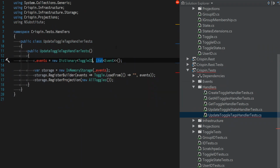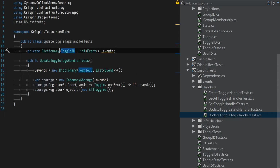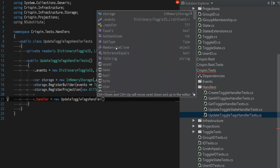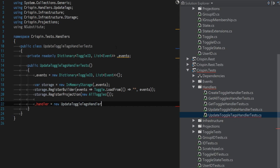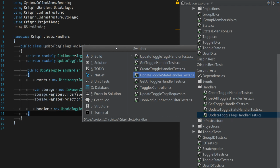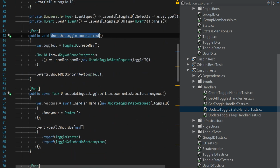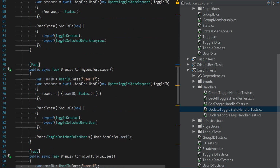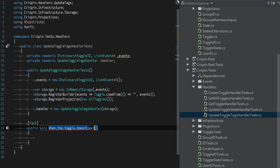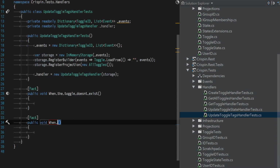Right, that's an event, that's a list, that's a field, that is read-only. Right, and then we have the actual handler, UpdateToggleTagsHandler. And that will take in the storage, and will also be a read-only private field. So if we look back at our UpdateToggleStateHandlerTests, we have toggle doesn't exist, exists with no current state, and then we have actual things. So we'll have the same style of tests for this. When the toggle doesn't exist, and I think for this one we'll also do when there are no tags provided,